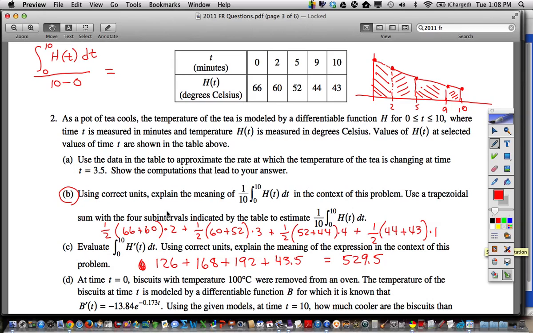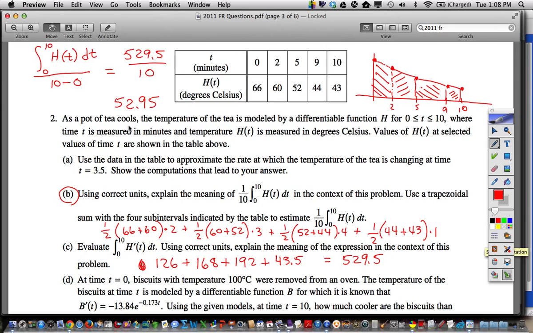Well, hang on here a second. You're partway there. The 529.5 is the trapezoidal sum. Right? But that's just this part. Remember, when you do a rectangle sum, a trapezoid sum, you're doing the integral. So when we do the trapezoidal sum and get 529.5, that is the top number. Okay? Now let's talk units, and then 10, so what Brenda said is right as well,